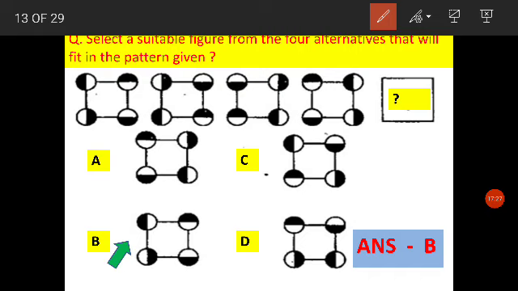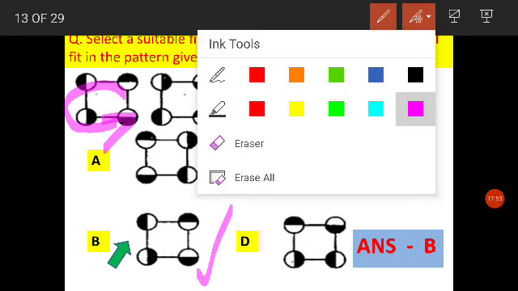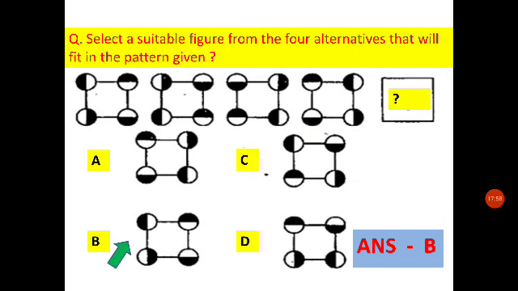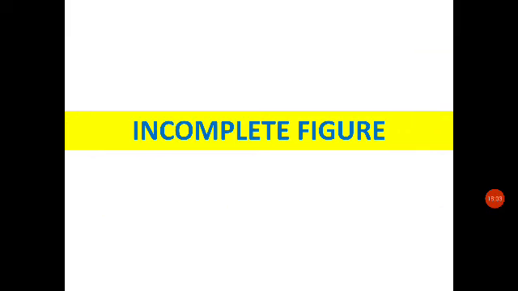You can also see the rotation of dots. You can see the anti-clockwise direction, how they are rotating. Okay. So then you can work out your answer. There are many ways possible, but what I am trying to tell you is that you don't have to look at each and every dot. Just establish a pattern and go ahead.